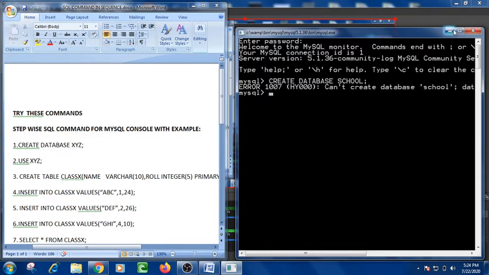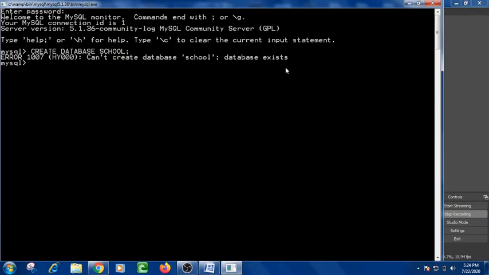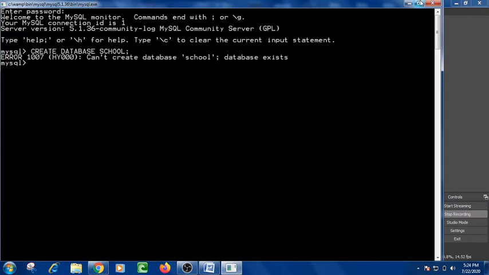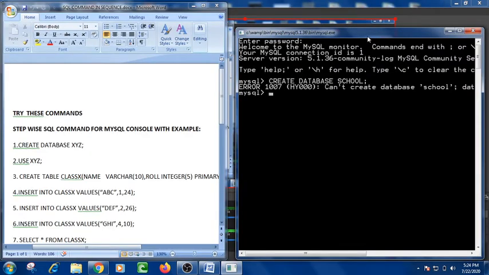It is not going to create the database school because a database with the name school already exists. So one more thing that we can do, either we can use the same database again, or we can create another new database. Suppose that again I am changing the name from school to student. Okay, semicolon, enter. Now the query is okay and one row affected.